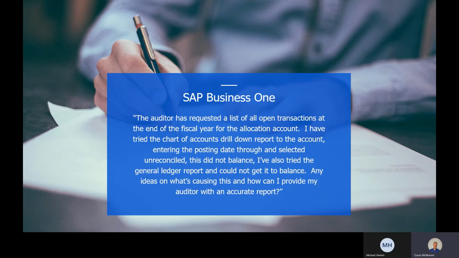Maybe you made an adjusting entry to balance the unreconciled transaction report against your goods receipt, against your goods received not invoiced, because you couldn't prove it. So if you've run into this scenario in the past, SAP Business One, your balance sheet was actually right. It was just the supporting information just wasn't correct. So if you're looking for this query, reach out to us and send us an email, and we will